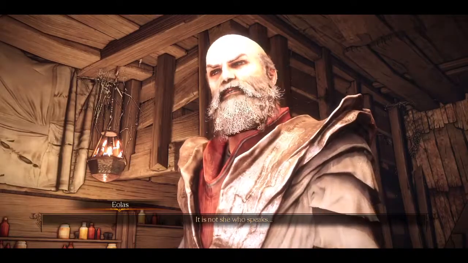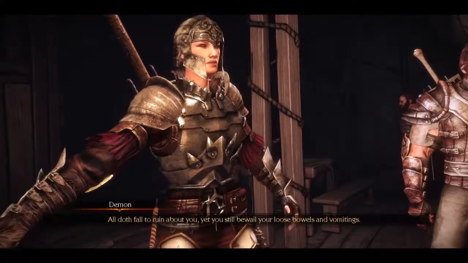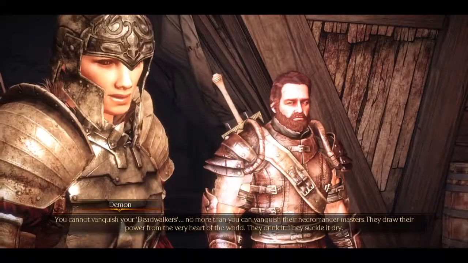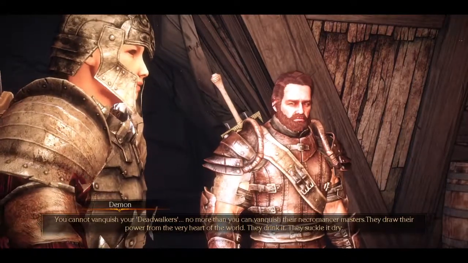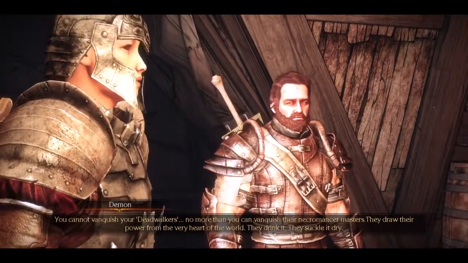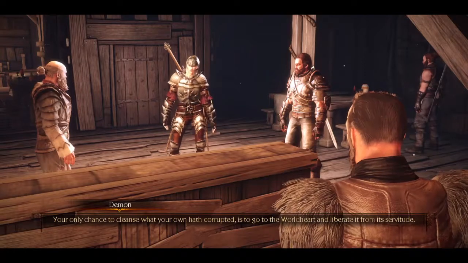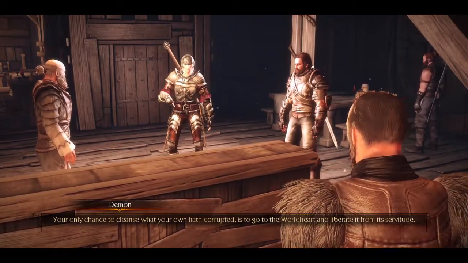Vulcan, stop this nonsense immediately. It is not she who speaks. All doth fall to ruin about you, yet you still bewail your loose bowels and vomitings. You cannot vanquish your dead walkers, no more than you can vanquish their necromancer masters. They draw their power from the very heart of the world. They drink it, they suckle it dry. Your only chance to cleanse what your own hath corrupted is to go to the world heart and liberate it